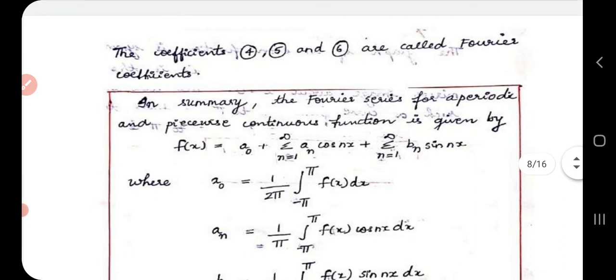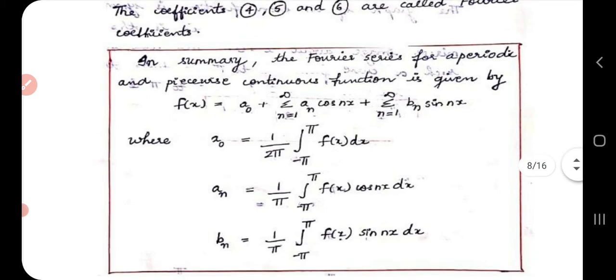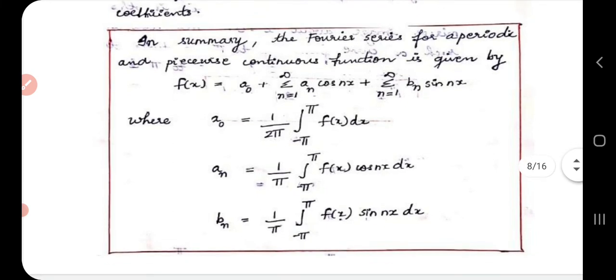Okay, now we are just summarizing. The coefficients given in equations 4, 5 and 6, as already said, are the Fourier coefficients. So if you have a Fourier series like f of x equal to a0 plus sigma n from 1 to infinity a n cos nx plus sigma n from 1 to infinity b n sin nx, the Fourier coefficients are a0, an and bn, and we have obtained the formula to calculate each of these Fourier coefficients, which are: